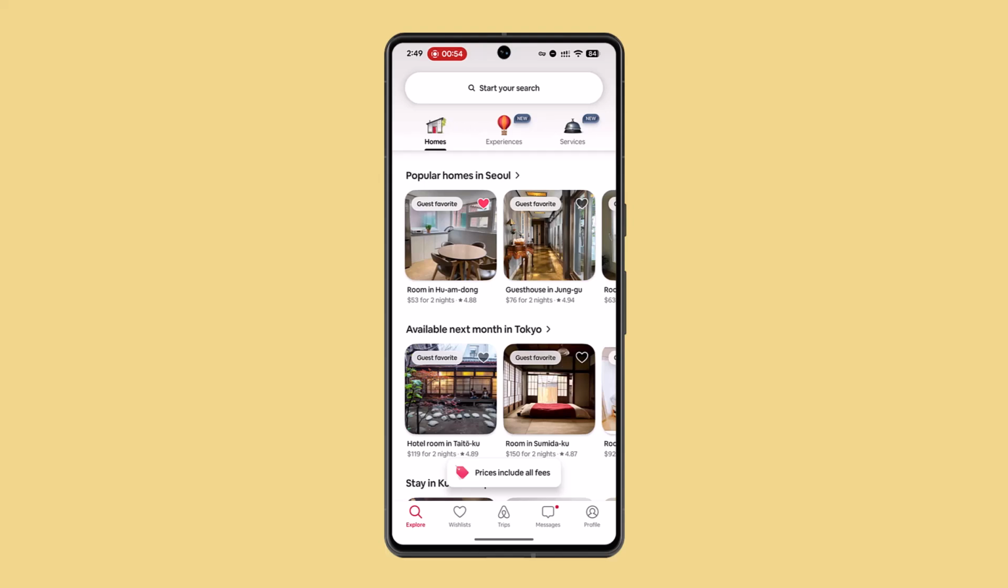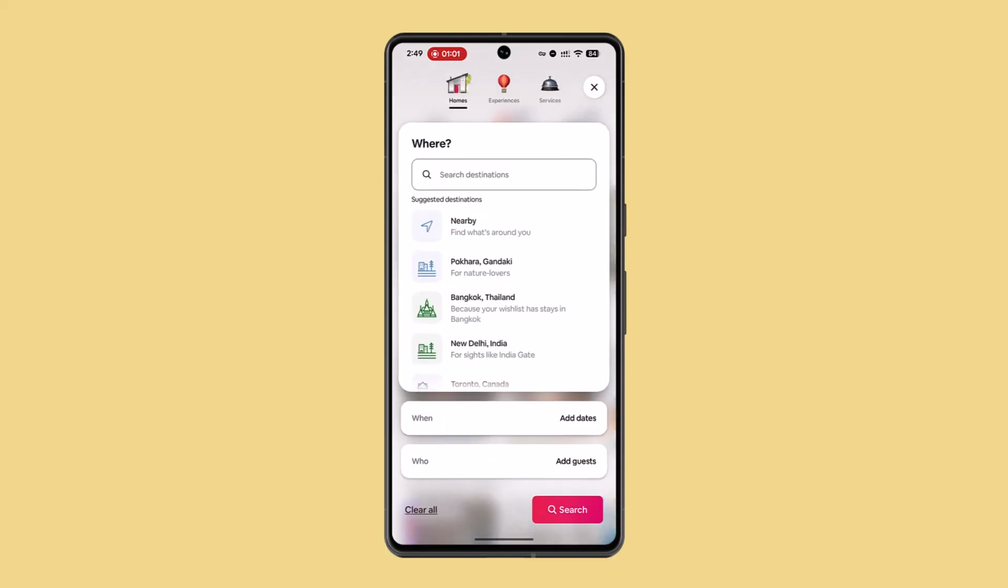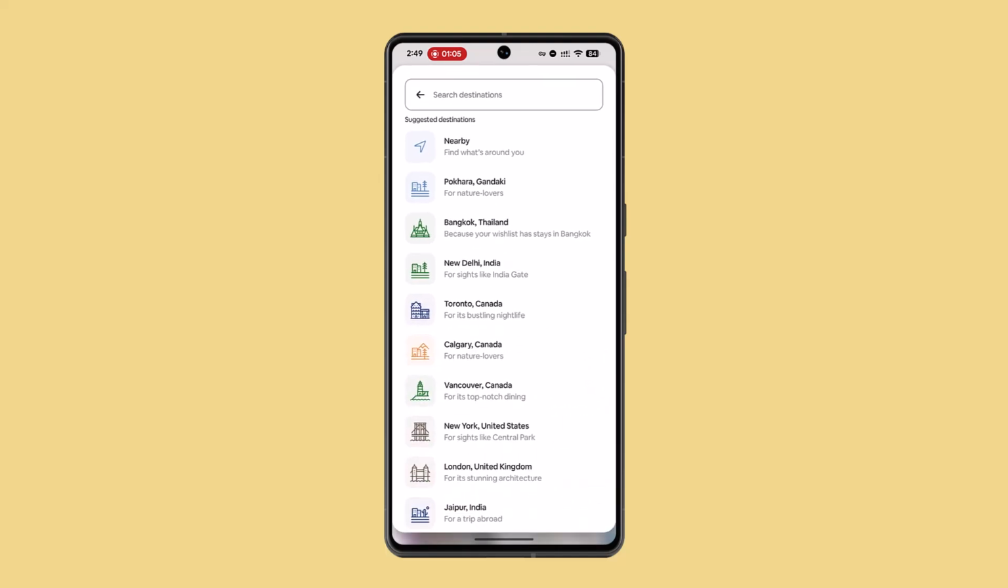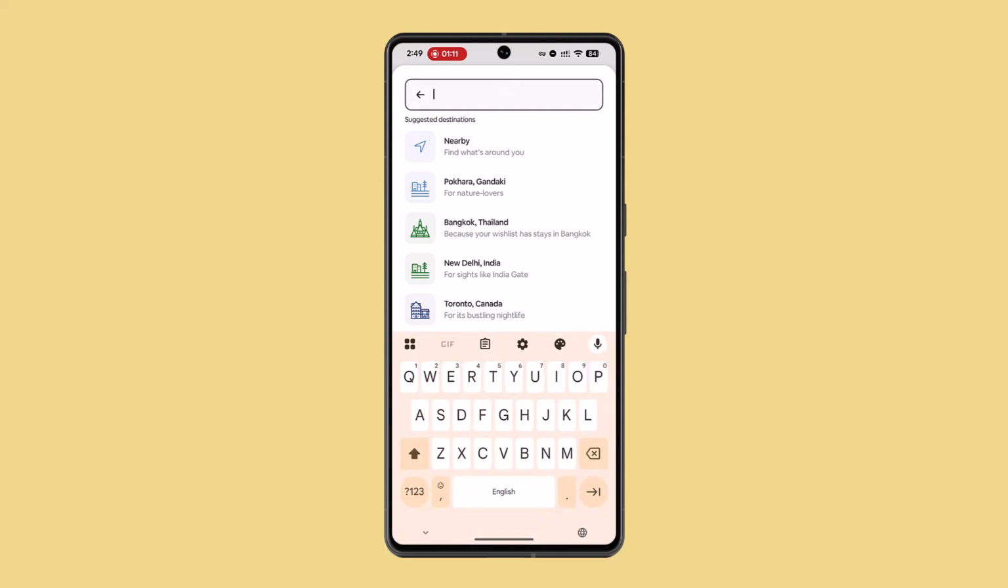Now to use Airbnb, you could go ahead and start searching. If you want to stay in a place, just tap on the search at the top. You could find nearby places, and you could also find suggested ones. If you cannot find the city or the country you're looking for in this section, you could tap the search and then type in the